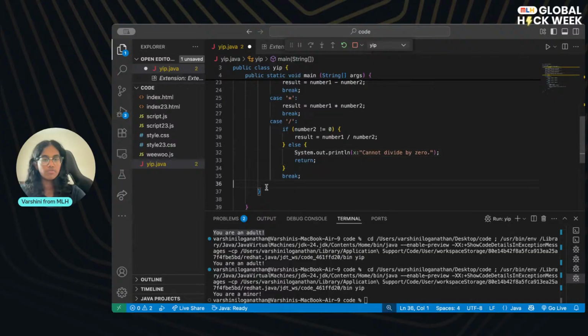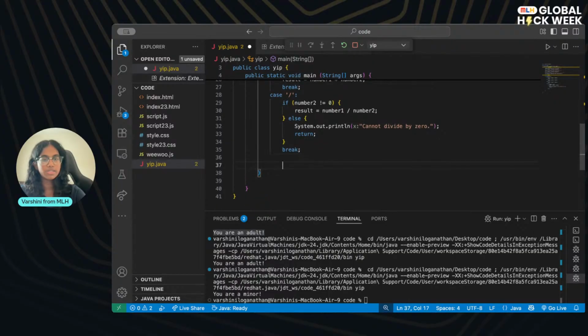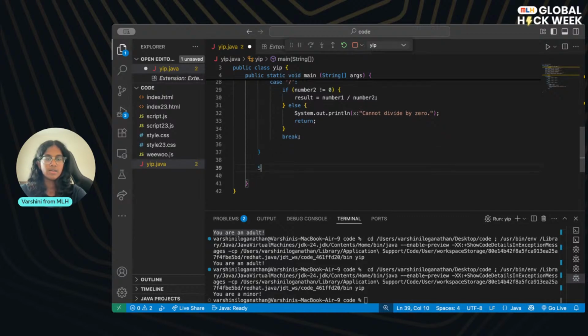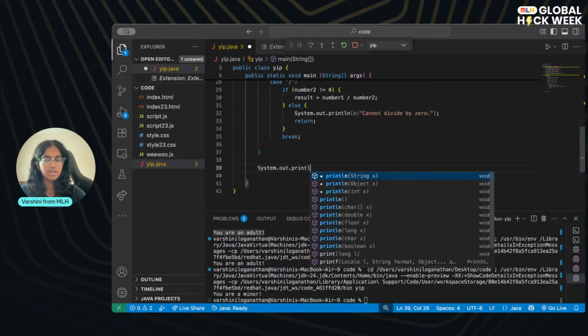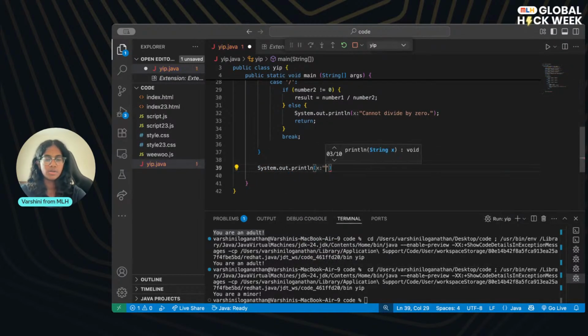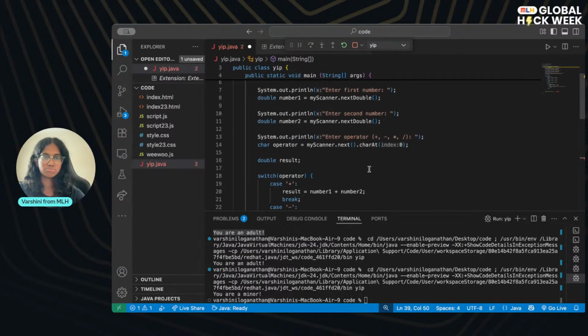So that's what you've got. And then we've got our closing bracket, and then in between this closing bracket, after we've done this whole loop, we're going to do system.out.println, and print the result. We're going to add the result variable to that so we can get the genuine result. What did I call it?